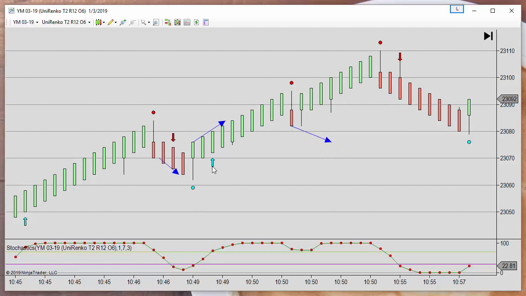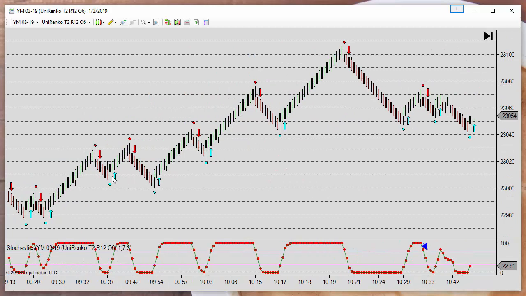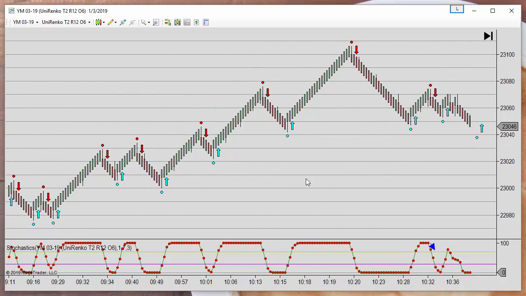Here it will be a bad entry. And using the arrow, the RVO entry, we will be entering at 3 ticks from the close of the bar with the dot. The signals are very nice. We can see that it is very promising.